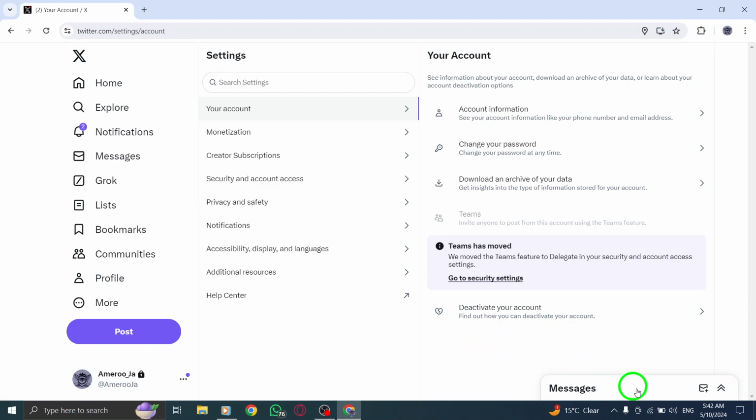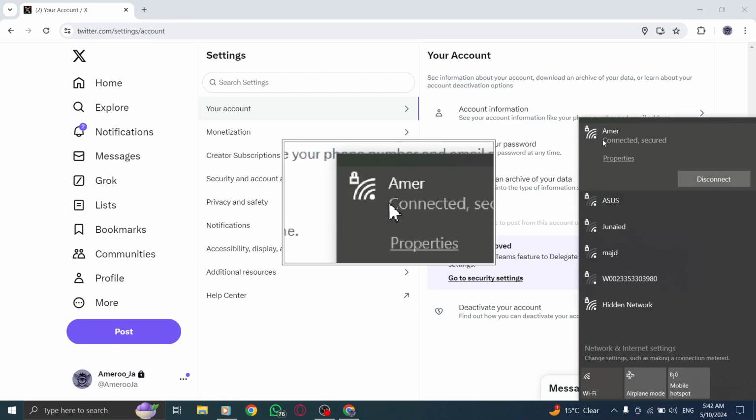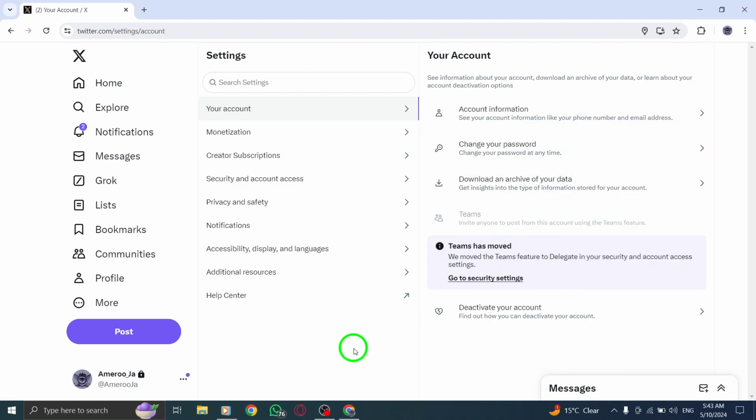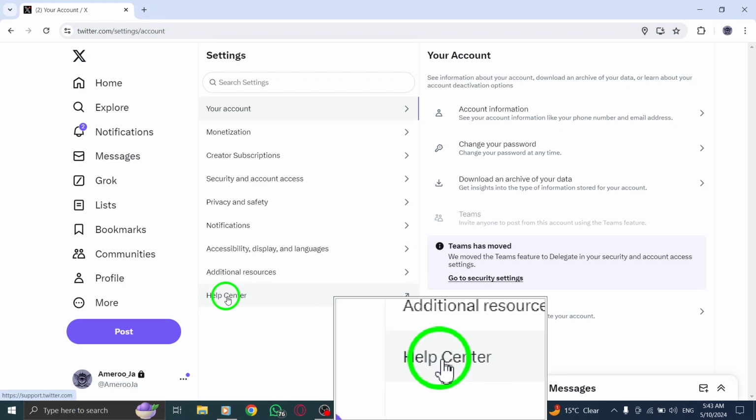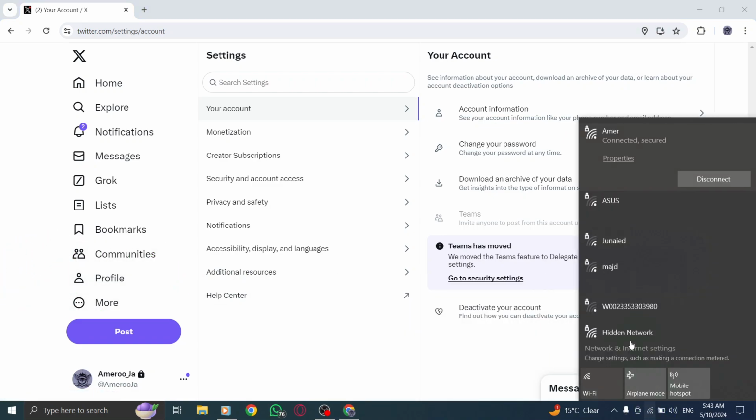To rule out network-related causes, try connecting to a different network or using data to see if the crashing issue persists. If the crashing problem continues, reach out to X Twitter support for further assistance in diagnosing and resolving the issue promptly. Additionally, check your internet connection to ensure it is stable and strong enough to support X Twitter without